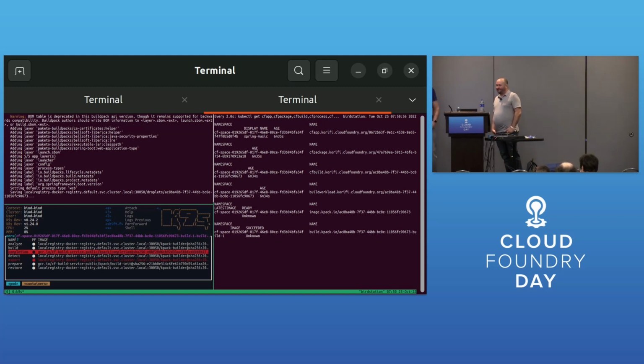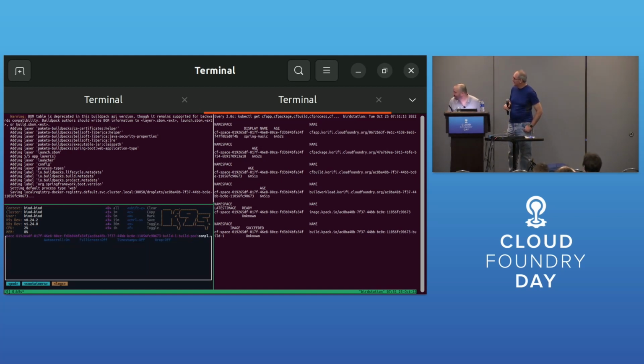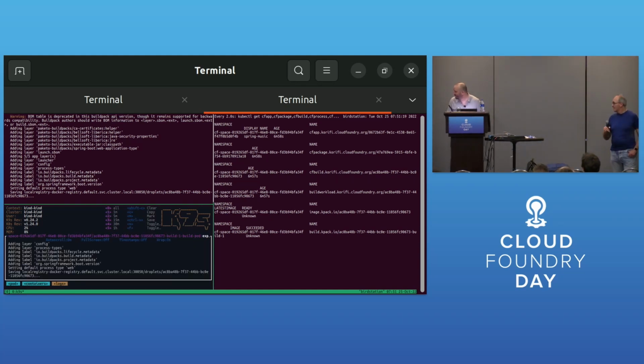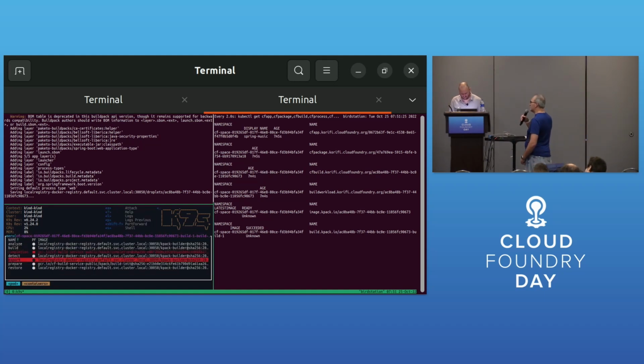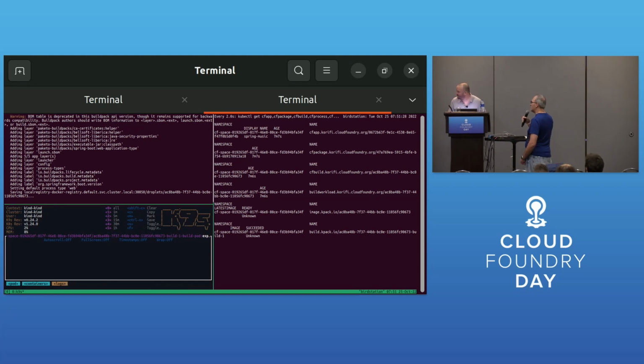The thing is, it says it's saving an image, and it's just stopped. This is super fun. Like I said, demos are great because when they work, and when they don't work, you get to watch me squirm. Okay, what is it doing? Let's look at some logs. Which just says saving local registry. I can't see what I'm typing.